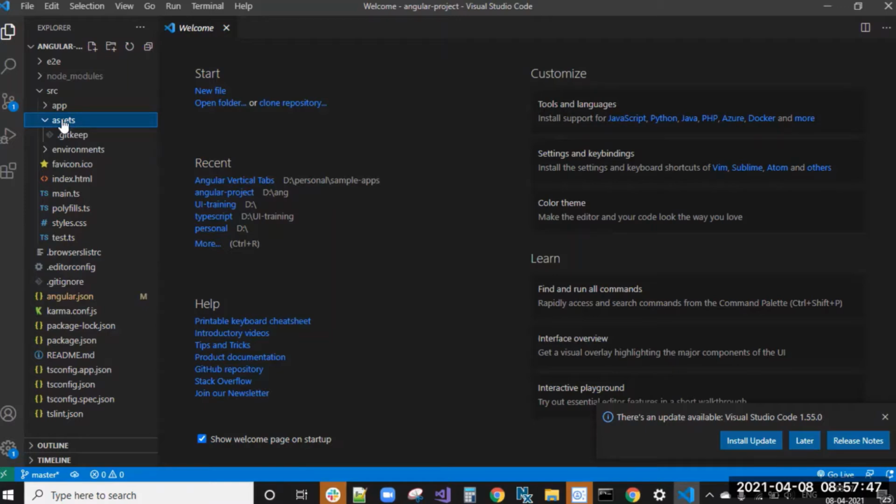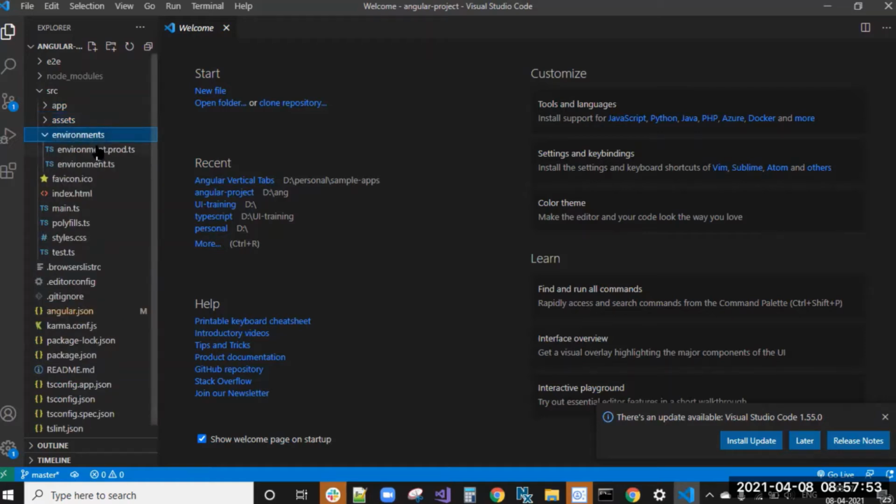Next, environments. We have a prod environment, and the default environment is generally the development environment. Based on the environment, Angular will follow different types of bundles. That environment we'll see later.